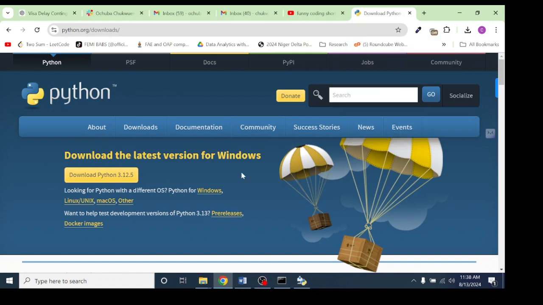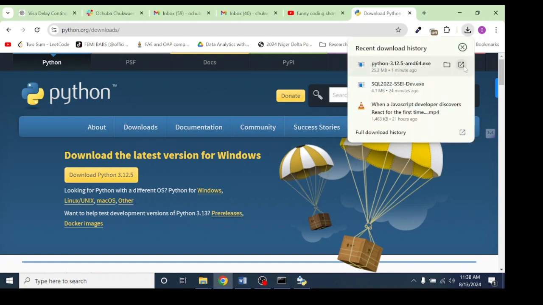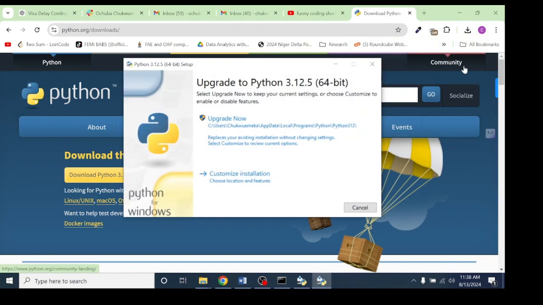After it finishes downloading on your system, click on open for the app to be installed. Since the Python app is already installed on my system, that is why we are seeing the upgrade now. If not, you will be seeing install now. Just follow the steps and also add the path to your system variables. After then, you can now go to